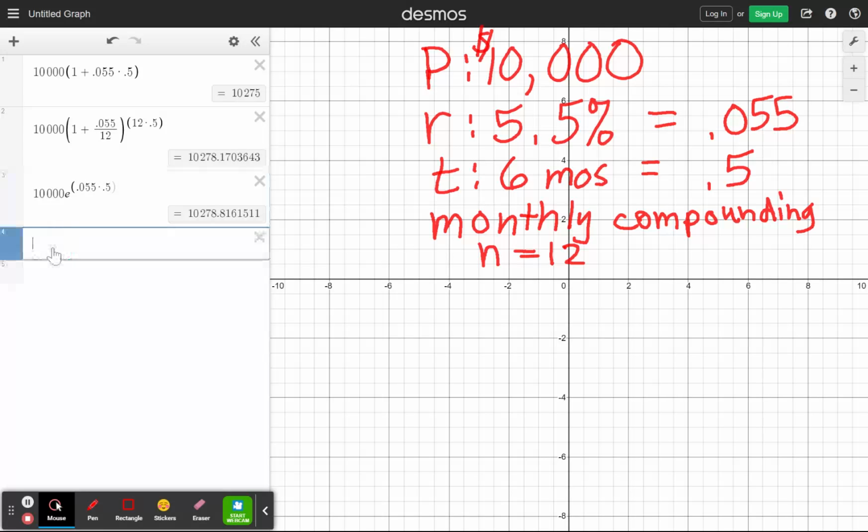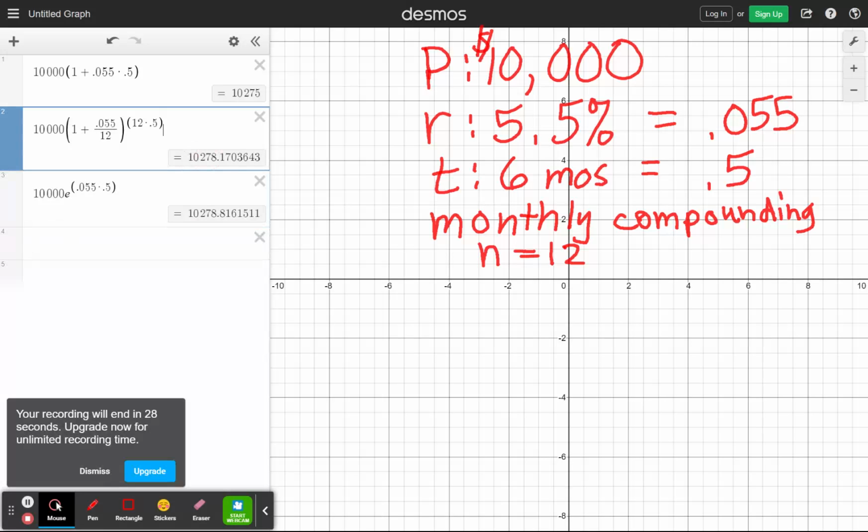Okay, number 4, we're supposed to find the present value. So how much should we invest now in order to have earned this amount here from number 2, $10,278.17. So the A that you're putting in on problem 4 is from number 2. So we'll put in A, which is $10,278.17, and then